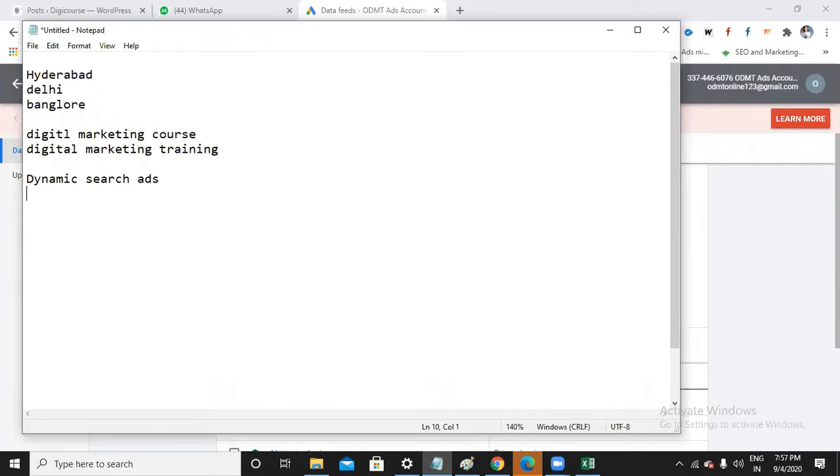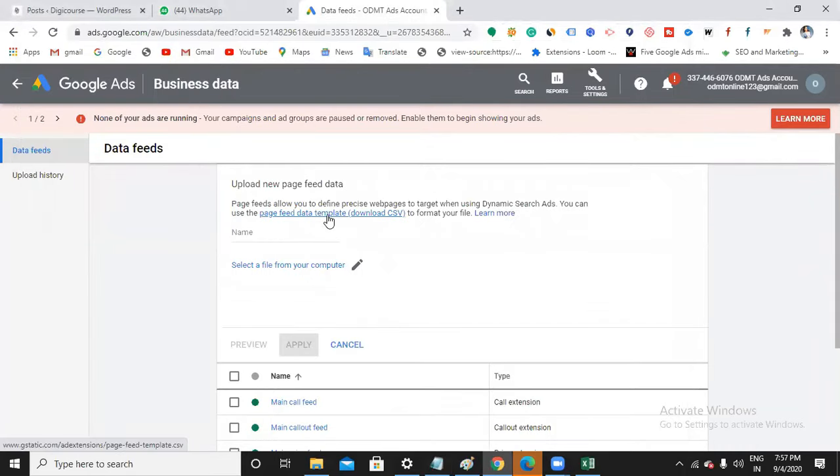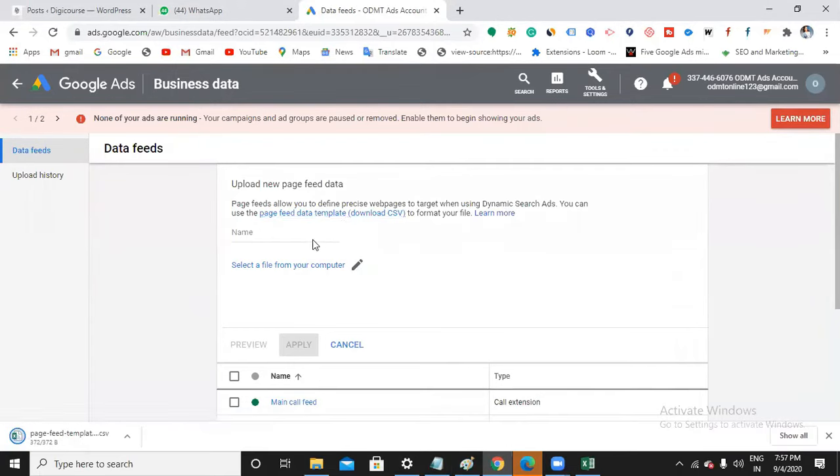No, right? So at that time you can specify that yes, you can review my URL in this website. You can review the specific URLs in this way, so that after reviewing these specific URLs, you can have this data. Let me show you how to do that. You can just download the template, an example template.